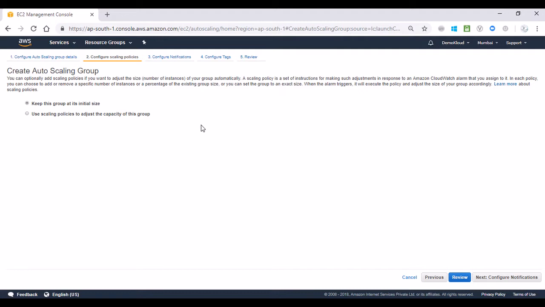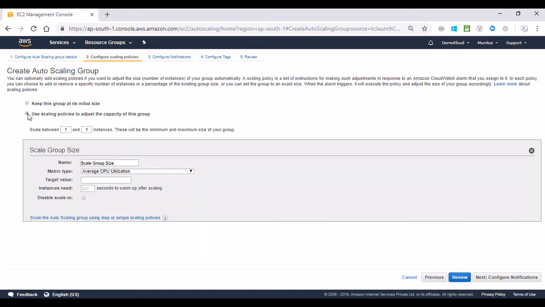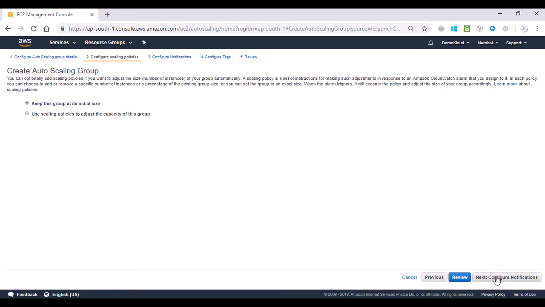Here we're going to select the default option wherein the auto scaling will keep this group at its initial size. This means that it will keep one instance always operating. If the instance fails, it will be automatically replaced. Or if you select the second option, it will give you the opportunity to scale, define the minimum and maximum number of instances and the parameters here. For this demo purpose, let's select the default option and click on next,